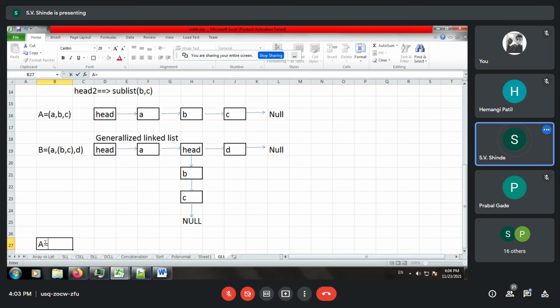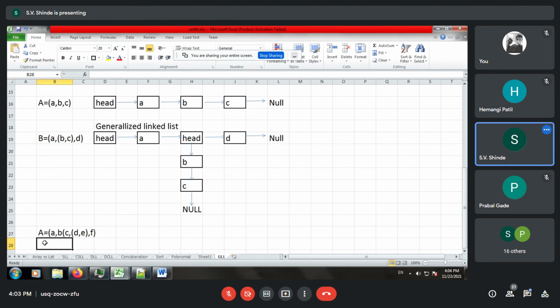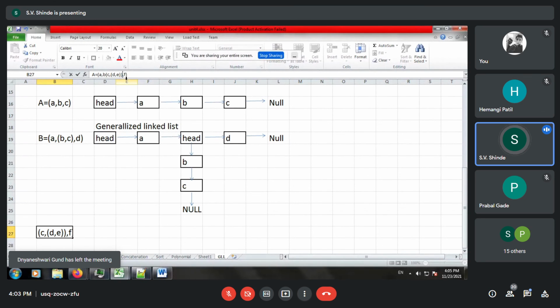So A is equal to A comma B, in the bracket we will have C comma D comma E, and whole bracket completed with F. One A comma B, then second is C followed by D, E, and after E we are expecting that there will be one closure. So this bracket closing is very significant.